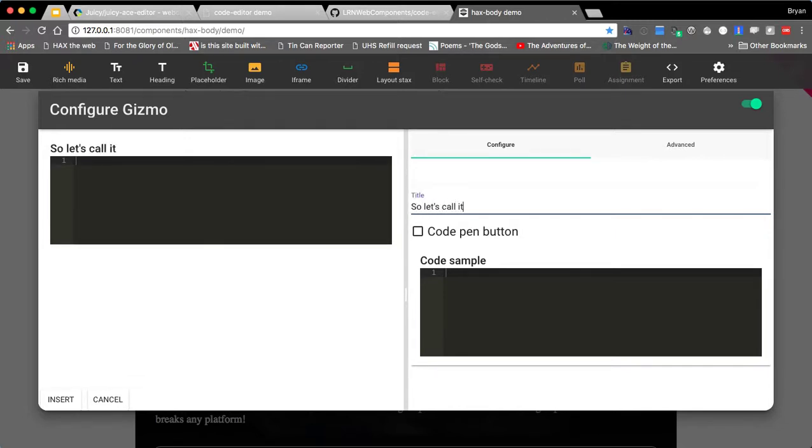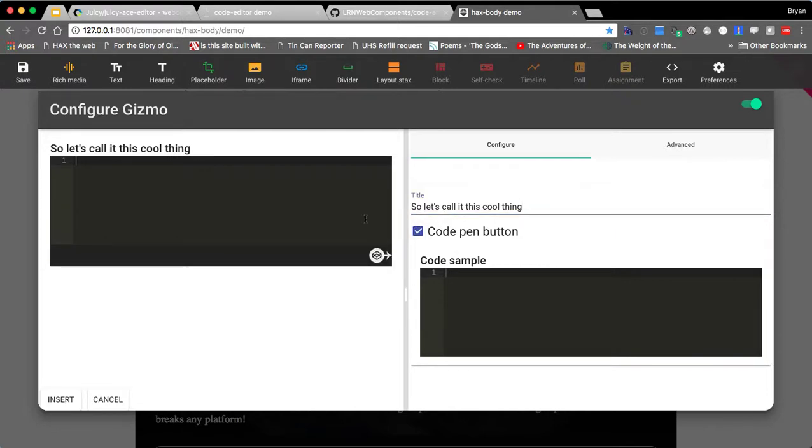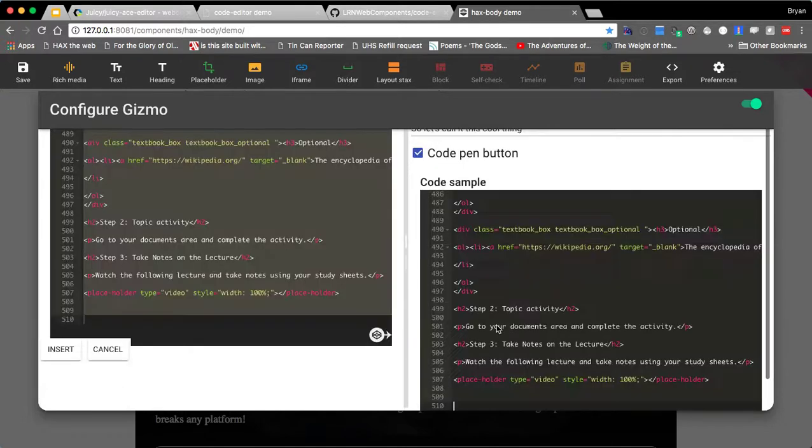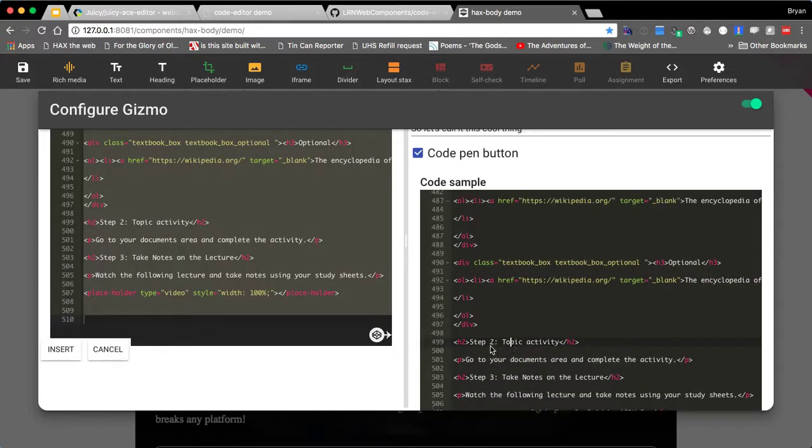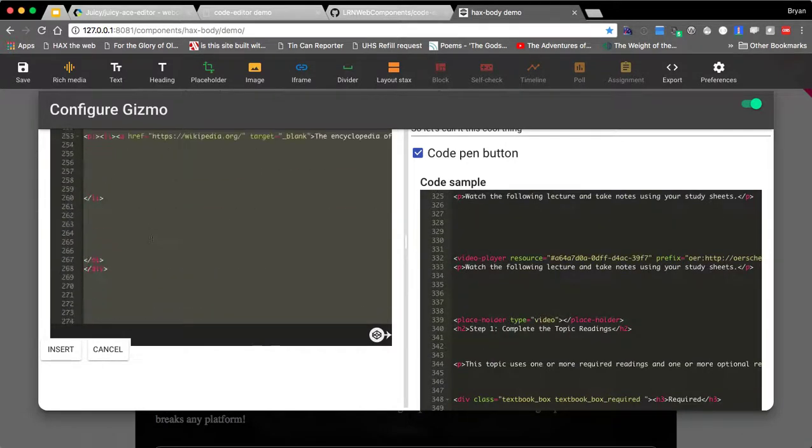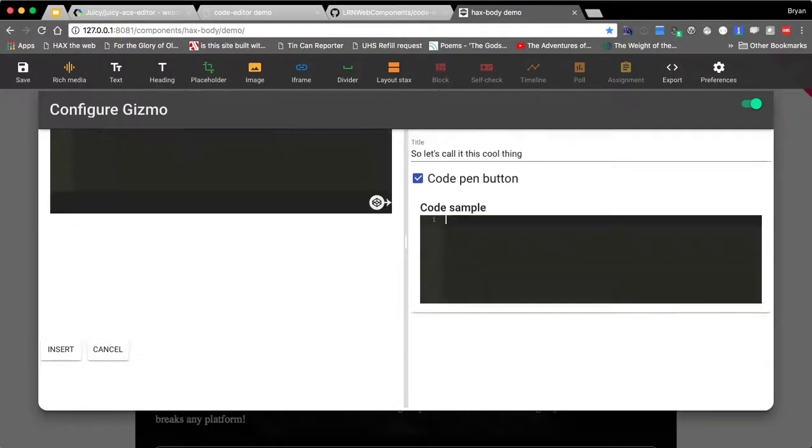So let's call it this cool thing. And I can, because of data binding, say, hey, CodePen button, sick. And then I go over here and I start typing and I can't do anything. But I'm using the editor to edit the editor. And so what I'll be able to do is I'm going to be able to paste in anything I want and it'll show up over there. So this then gets mirrored over to this side and it's taking into account